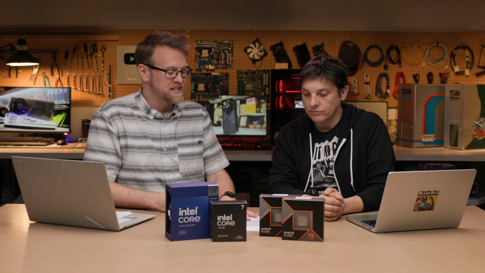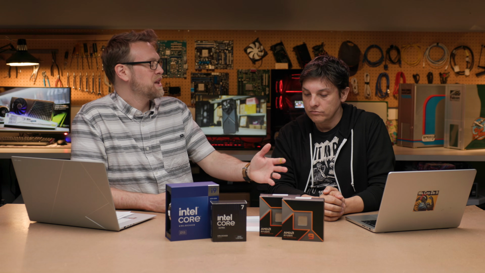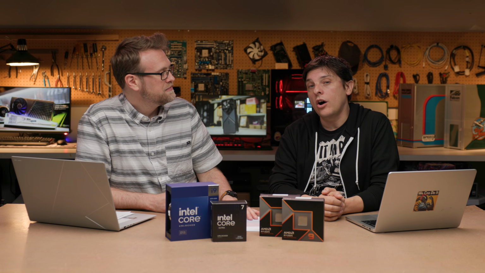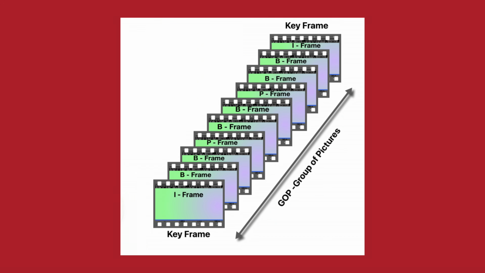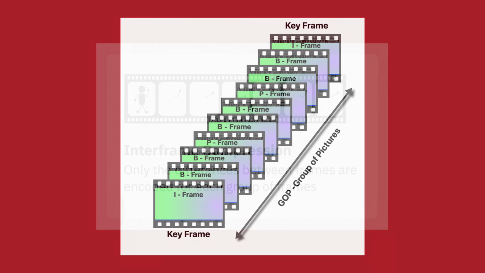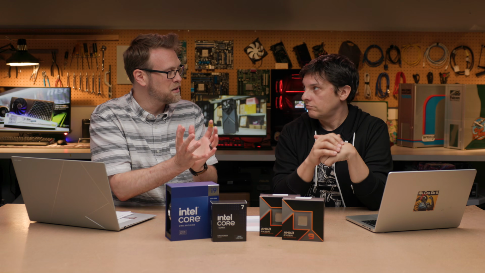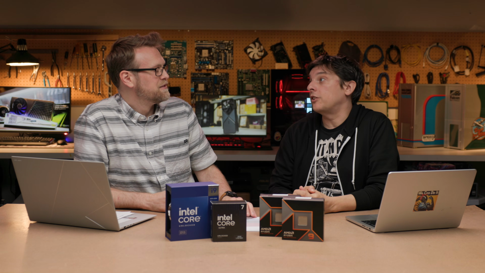Okay, so that is Intraframe. Next subscore to look at is LongGOP. So Alex, please explain the difference between Intraframe and LongGOP. Yeah, so LongGOP is long group of pictures, and that is a compression method that looks at the differences between frames and compresses that. Oh, so it's not compressing every individual frame, it's looking at a bunch of frames and then compressing based off of that. Exactly. And so that's your H.264s, your H.265, HEVCs,